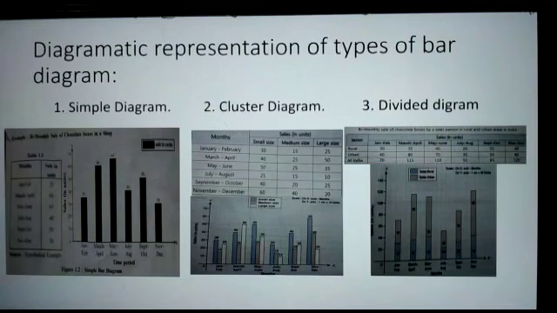The next is the divided bar graph. We have taken the number of chocolates sold in rural and urban areas. For example, in January-February, we have taken 30 units in the rural areas and 40 units in the urban areas, making 70. So, first we will take 70 and then we will divide it between 40 and 30. By plotting the points, we will get the percentage bar graph or the divided bar graph.